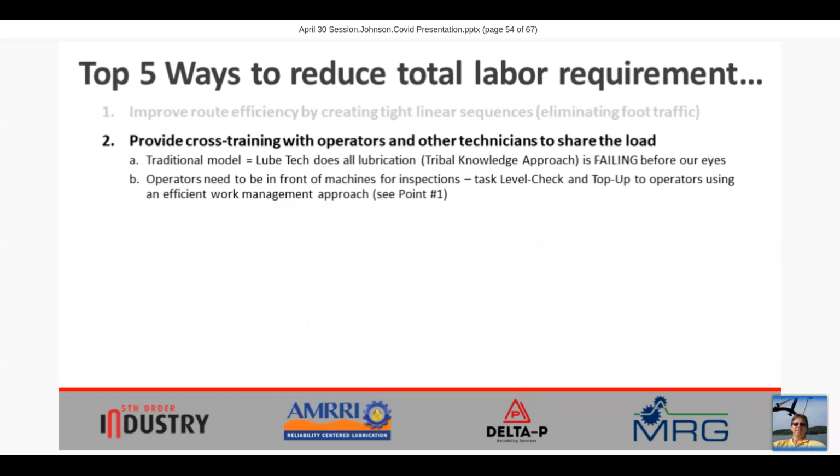Second point, provide cross-training with operators and other technicians, particularly at this point in time, so that we can share the load. We can't wait for the lube technicians to return to the plant site after 2 or 3 or 4 months of being laid off in order to resume the work of machine lubrication. So we do want to share the workload, and the traditional model is the lube tech does all the lubrication work, but that's kind of a tribal knowledge-based approach, and that approach is failing before our very eyes in the midst of this